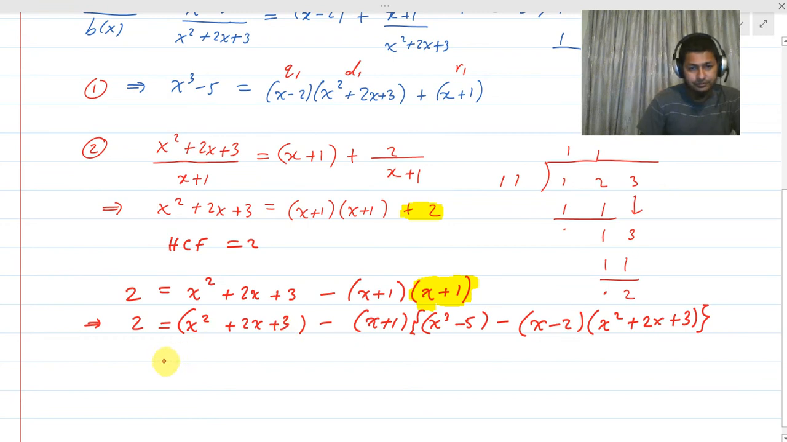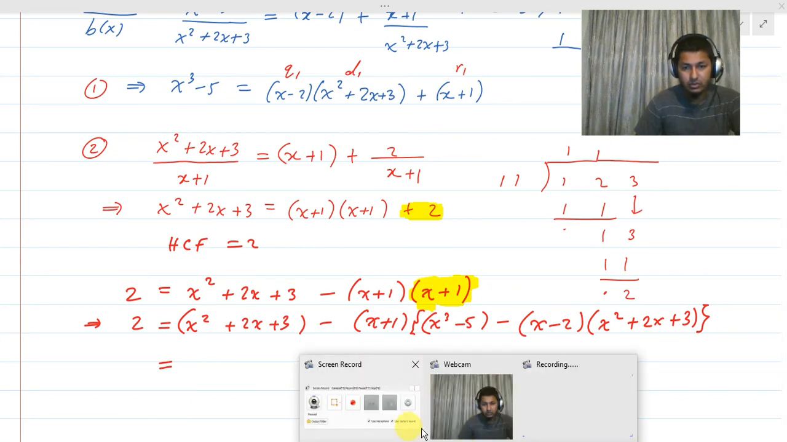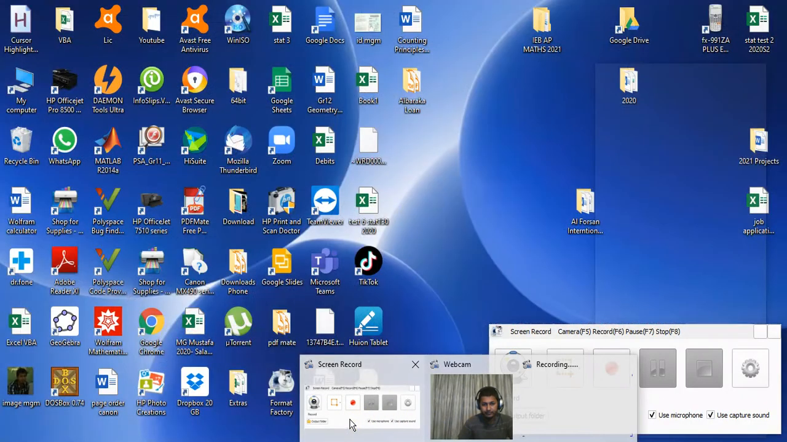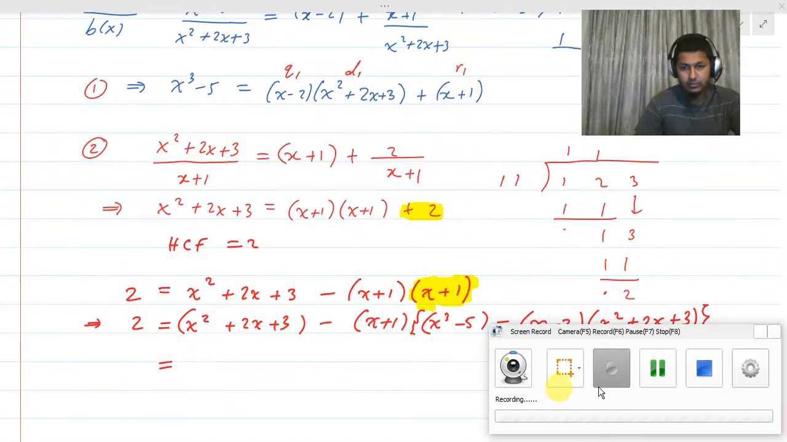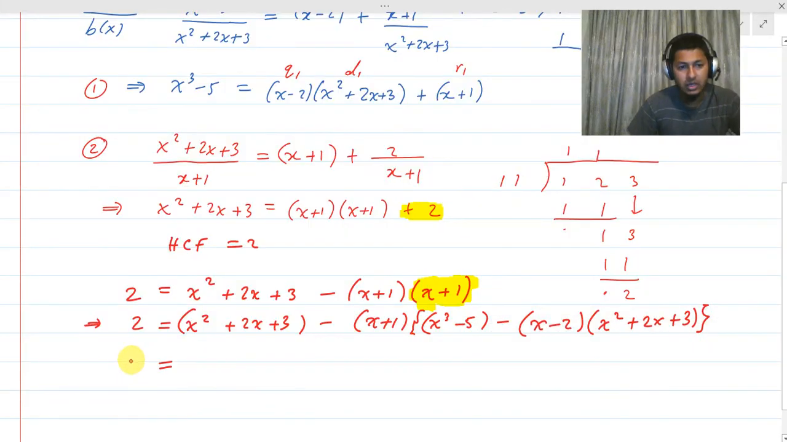Now, which is now equal to... so what we need to do now is separate our a of x and our b of x. So we can say 2 is equal to negative (x plus 1) into x cubed minus 5